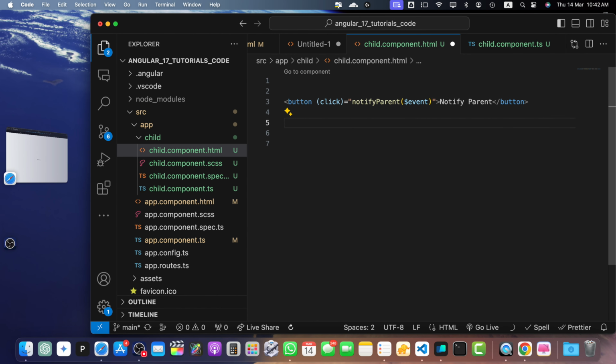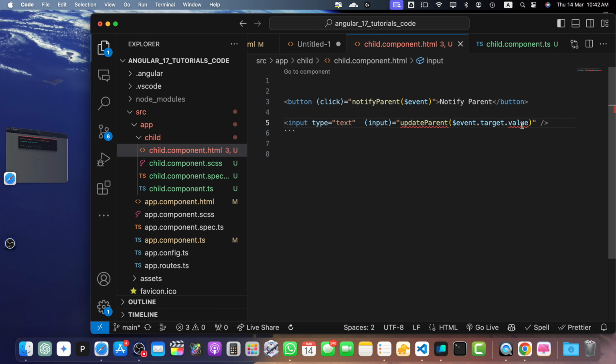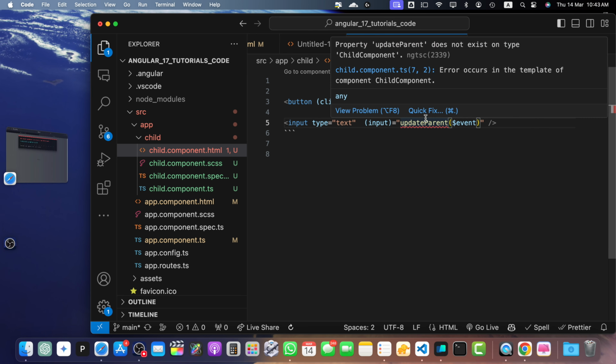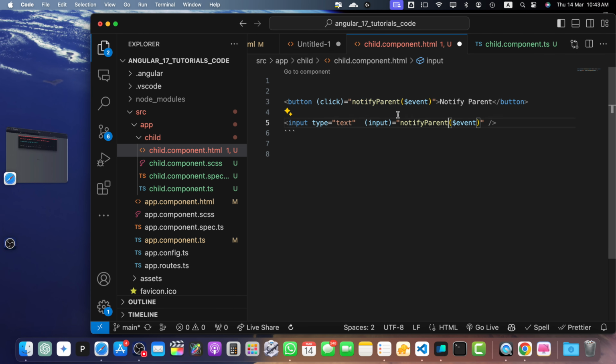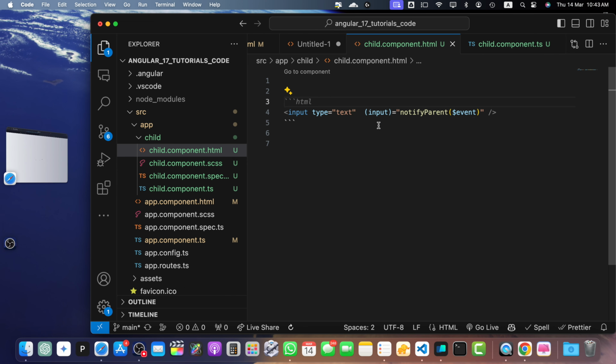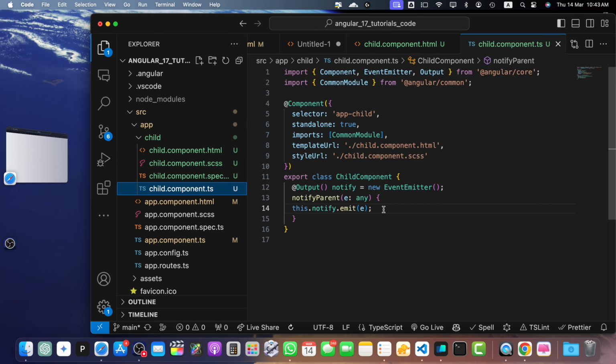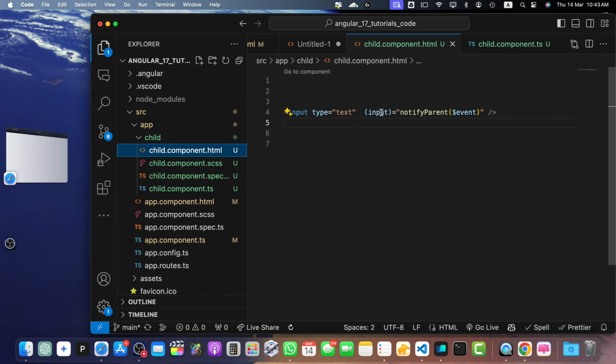Okay, so now let's try something else. Instead of button I will add an input type text. Okay, let's pass the event to it as it is, and I will use the same function notify parent. Let's get rid of this button. Okay, so now in the TS file we know that we are passing the event as it is, or instead of using input you can use the keyup as well,